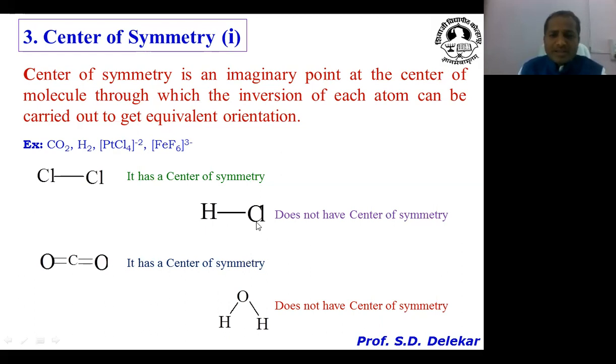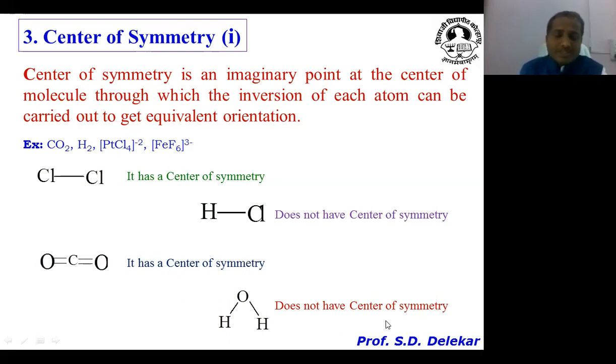Then molecules like HgCl or AgCl or CO, all these molecules do not have the center of inversion. Molecules like the AB2 inverted V shape, like water molecule or H2S or H2Se, or the AB3 molecule having either geometry, trigonal pyramid or trigonal planar, all such molecules do not have the center of inversion, center of symmetry.